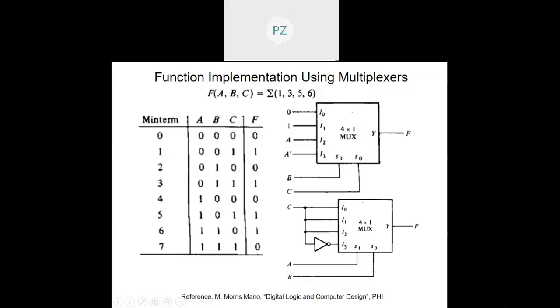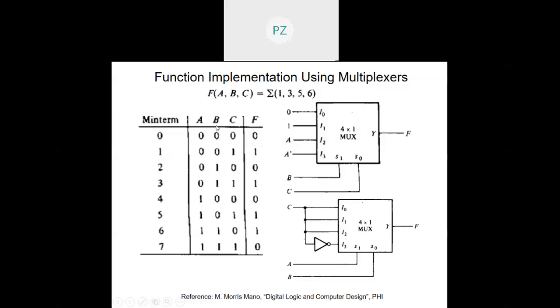So you can have any two of the input lines as the select lines in whatever manner, and correspondingly looking at the table, you can design what variations of the remaining line have to be applied at the inputs to get the desired function as implemented by this 4 is to 1 multiplexer. Now one thing must be very clear to you: if I have an n-variable function, then I should have n minus 1 select lines, and the nth line, whatever it may be, its variation will be applied at the input.